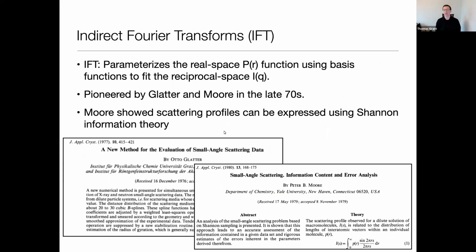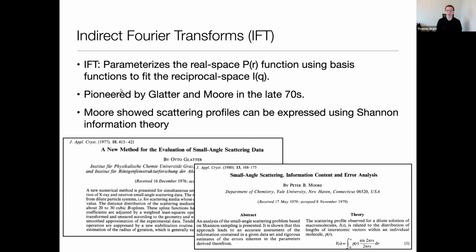And the basic idea behind an indirect Fourier transform is that it focuses on the P of R curve itself. It says we know certain properties about the P of R curve. We want to restrain the P of R curve to be a smooth continuous function. And so we want to parameterize the real space P of R curve with a set of basis functions that will allow us to do that. And because they're related by this Fourier transform, what we can get from the P of R curve with these basis functions, we can get through the scattering profile itself by going back to reciprocal space and fitting